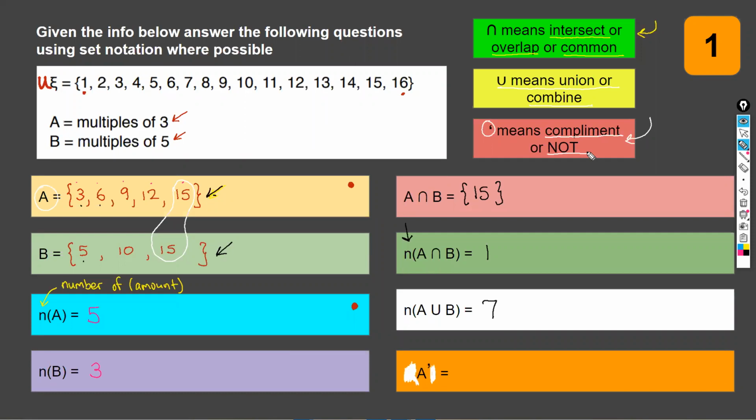Compliment doesn't mean you give someone a compliment in the sense that you tell them something nice. Another meaning of compliment, and it took me a long time to realize this, is not or opposite. So if I come and tell you, the English may not be correct here,